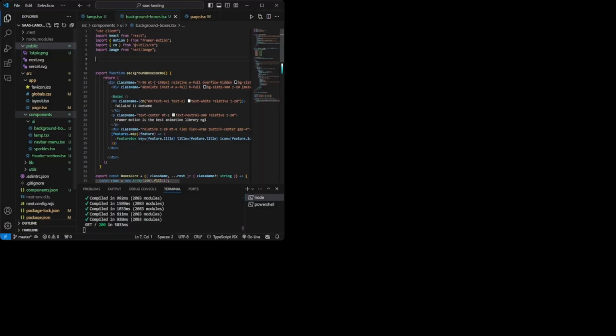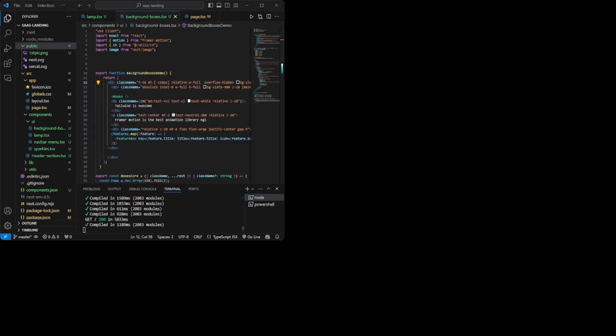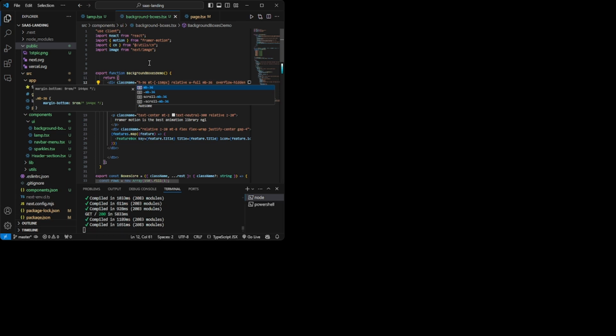So now, coming back to my VS Code, I'm going to give it some padding under my second section. The section is joined to the bottom part. So I'm going to give it a margin of 36 below my second component.